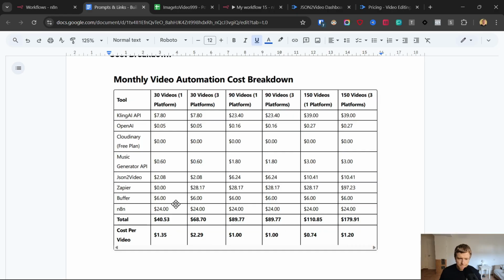Now Zapier, that's the tool we use to get the video published at the specific times. They have a free plan, which gives you 100 tasks a month. And it takes around 2 tasks to publish one video to one platform. So if you want to have 3 platforms, that's like 6 tasks per video. So for 30 videos, that would be like 30 times 6. That's like 180 tasks. So you need to upgrade to the next level plan, which costs you $28, but it